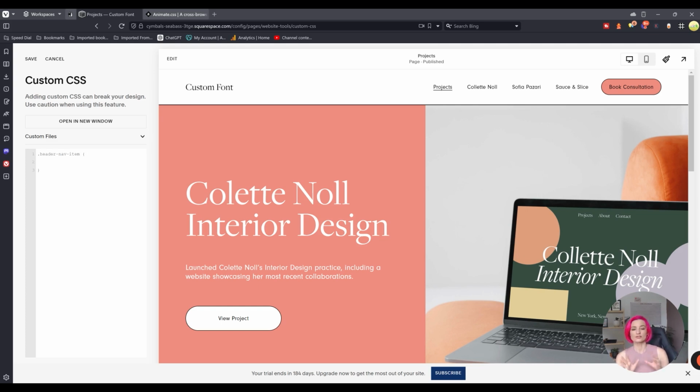So these are all going to be header navigation items, so header nav item, and that's referring to this element, and inside that element there is an anchor tag, which is an A tag as well. So just to explain what I mean, if I say color red, it doesn't change the color. However, that's because the anchor tag is actually the text. So if I said header nav item A,